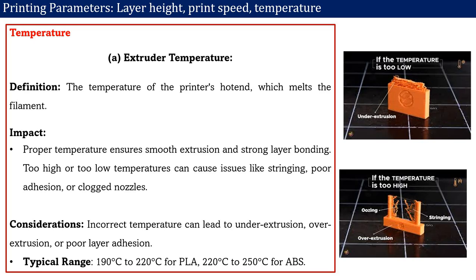to pull the filament inside the 3D printer, and here we have to set the extruder temperature. There are two ends, one is the cold end and one is the hot end. The extruder temperature is the temperature of the printer's hot end which melts the filament. Now for this, the temperature for this parameter depends upon the type of the filament we are using for our 3D